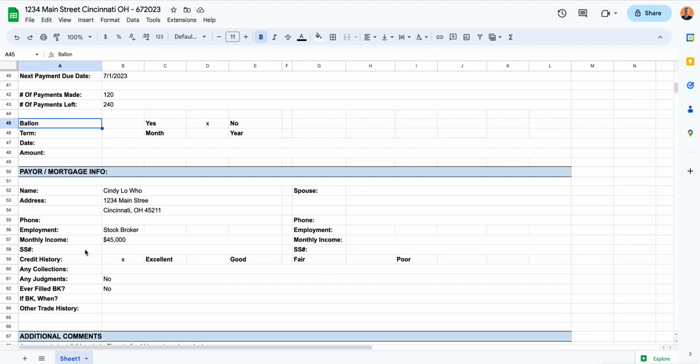But I typically don't buy a lot of balloons. I like the mortgages and contract for deeds that are amortized. Just typical bread and butter ones. I mean, when I say bread and butter,